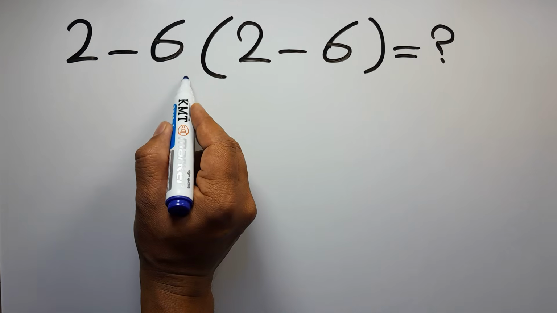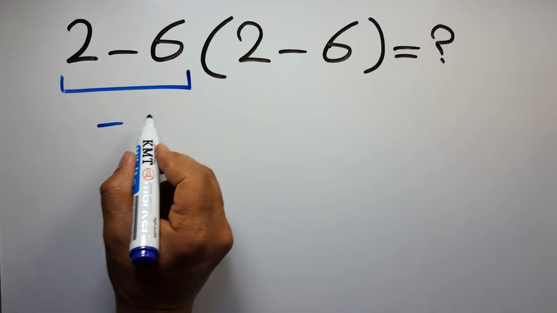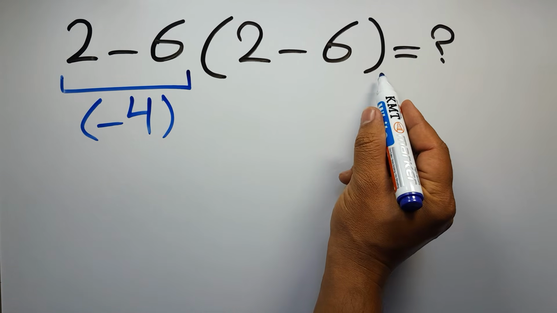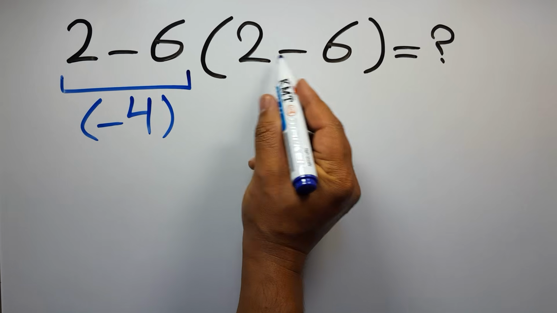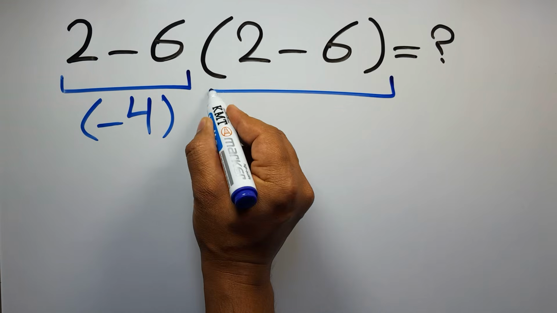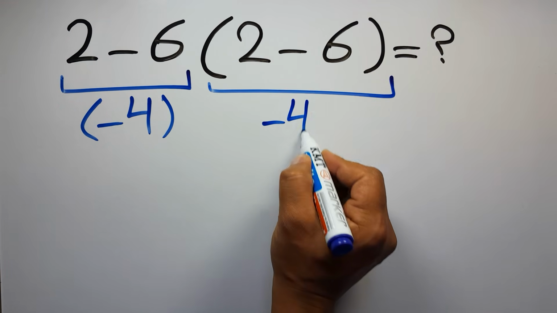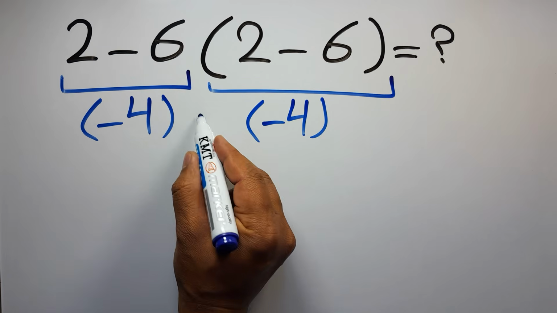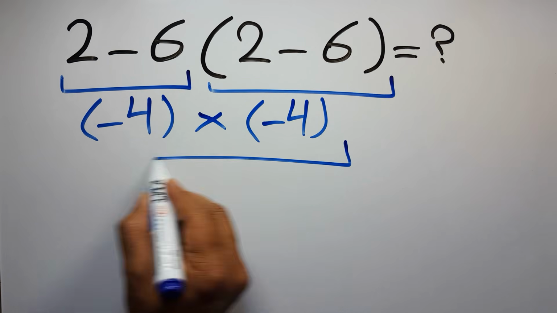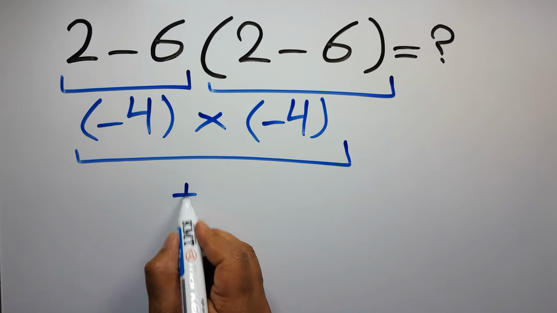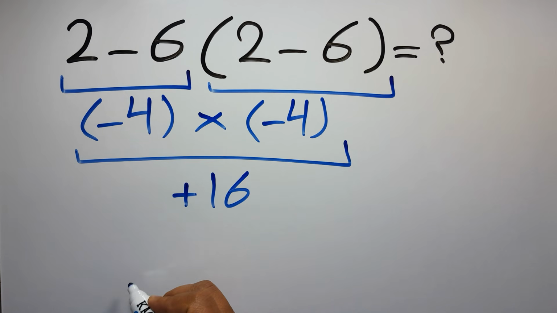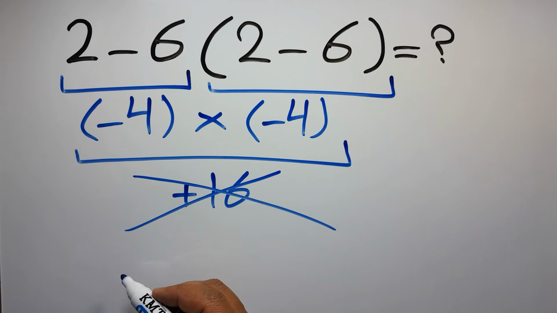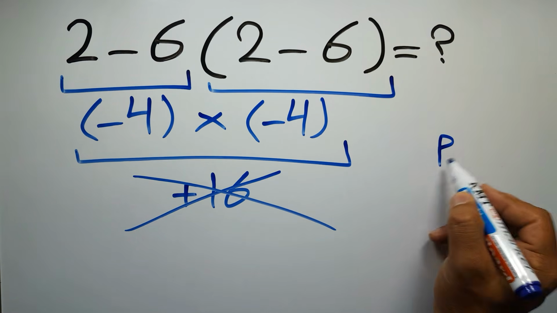2 minus 6 gives us negative 4. And inside this parentheses, we have 2 minus 6. So negative 4 times negative 4, which equals positive 16. But this answer is not correct, because according to the order of operations, which is PEMDAS,